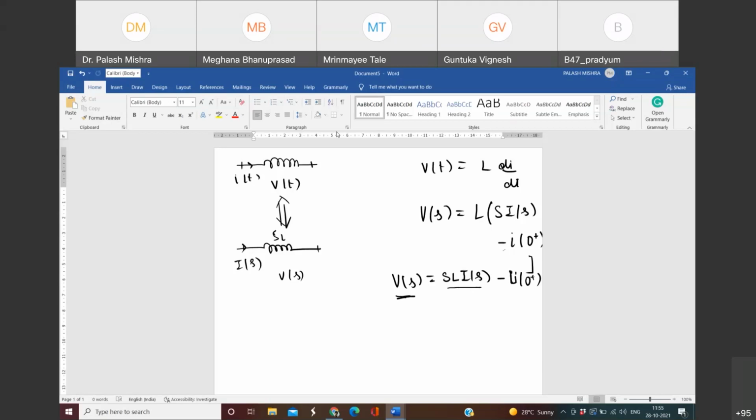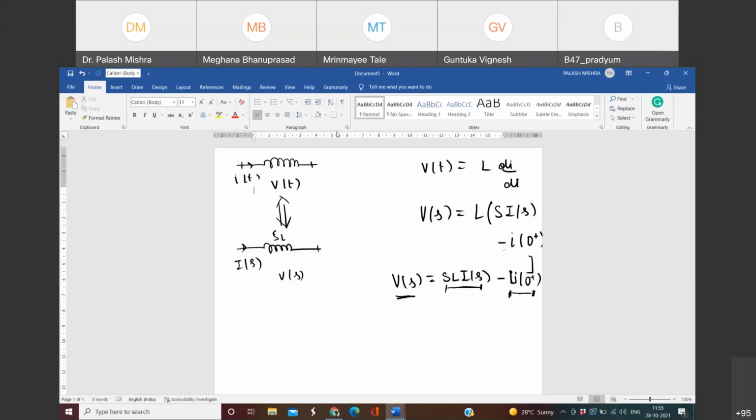This is itself the voltage, and the unit cannot be different. So this has to be a voltage quantity and this also has to be a voltage quantity. So if someone asks you to write down the relationship between Vs and Is for an inductor, tell me, is this a battery or not? Yes or no?